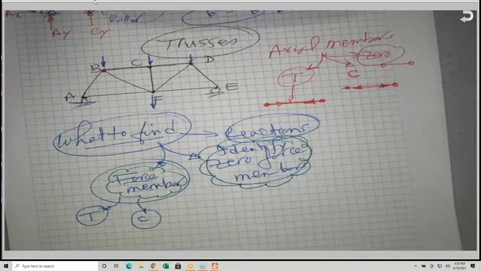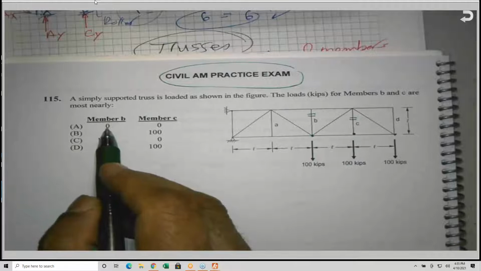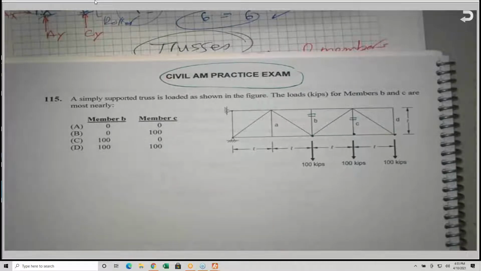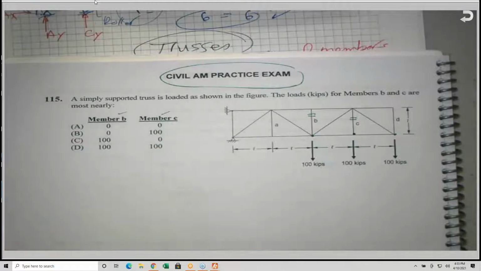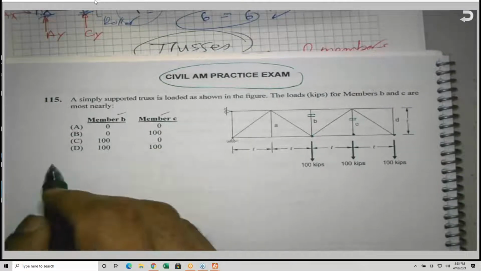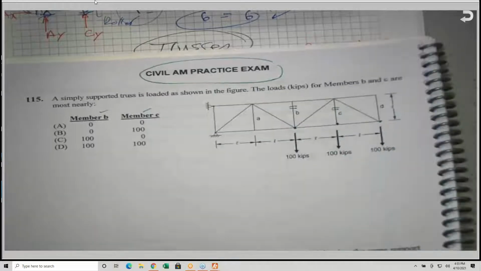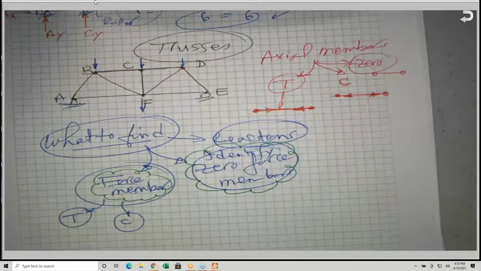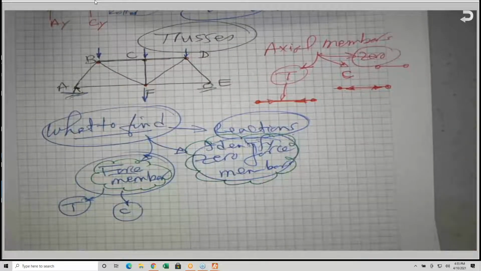Because here in the PE, he gave zeros. So maybe one of these members, member B or member C, might be a zero force member. So we need to identify that. Reaction is very easy. This is an easy one. For example, here,